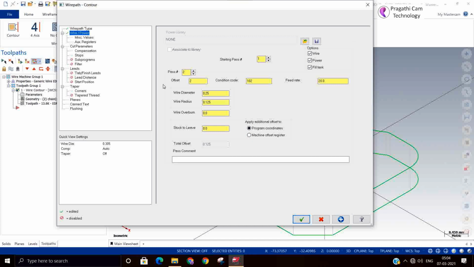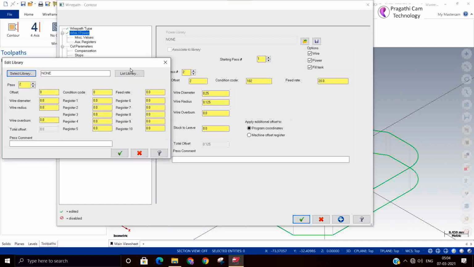Almost all FANUC control work will be completed here only. For simple controls, whatever the condition code and other things are there, you can use it here. Some machines need different condition codes and power libraries. Those power libraries you can customize and use here.